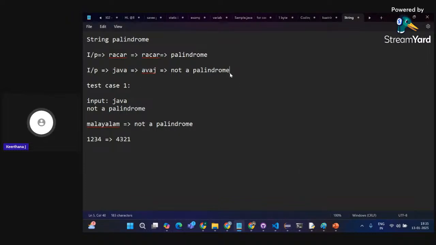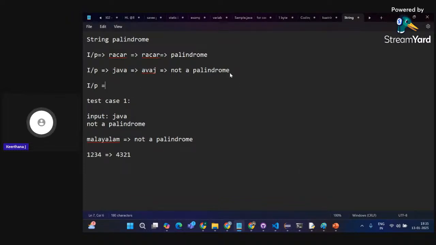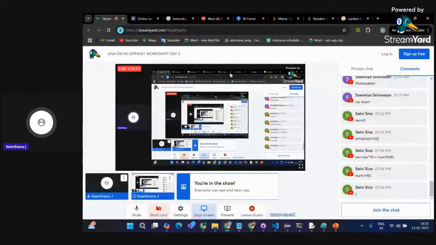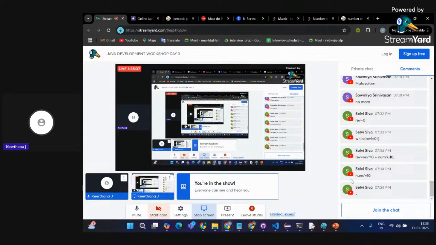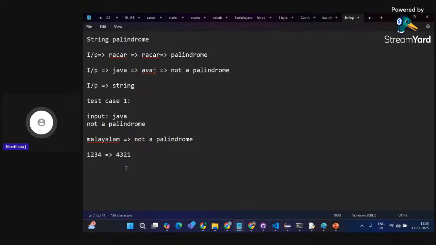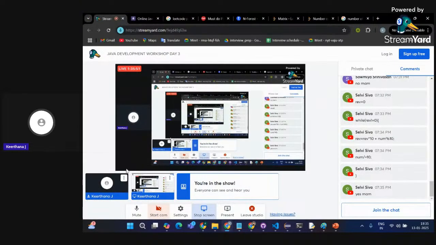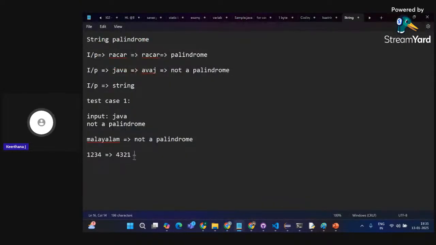My input is going to be a string value, and it can also have letters. It can also have special characters. It can have numbers. It can have anything. So that time this logic won't work, because this logic is actually used to reverse the digits that are present in a number. But good, you have given the answer. But this logic is to reverse the digits in a number, and here the question is finding a palindrome for a string. You cannot apply this logic, no?